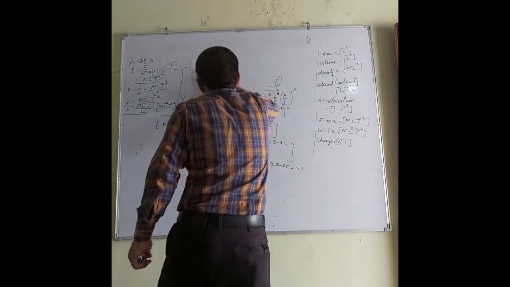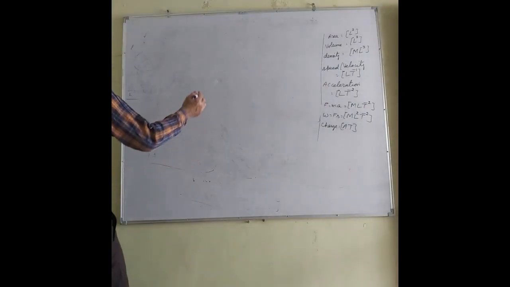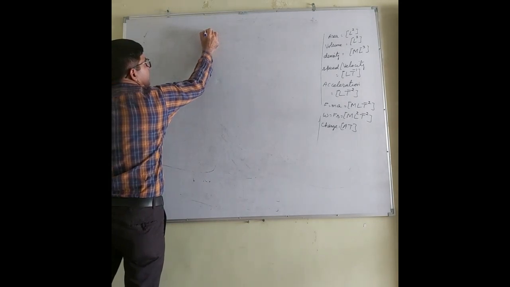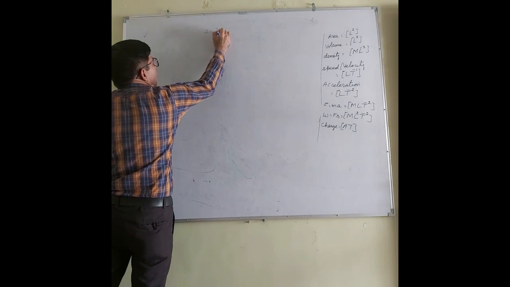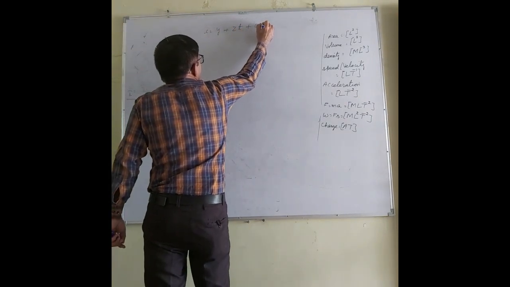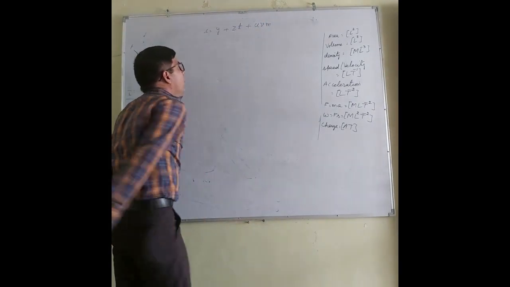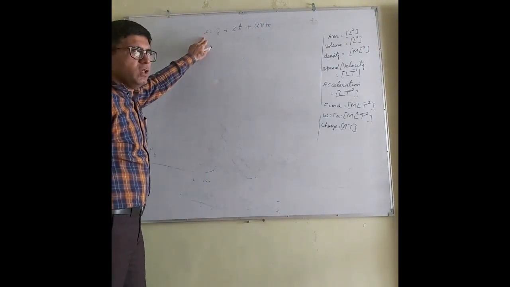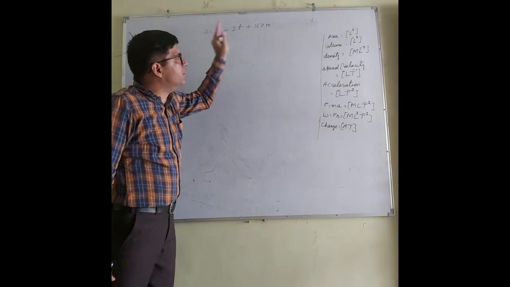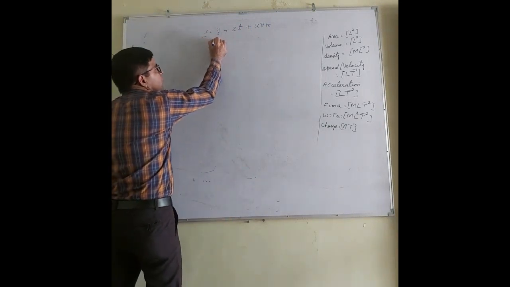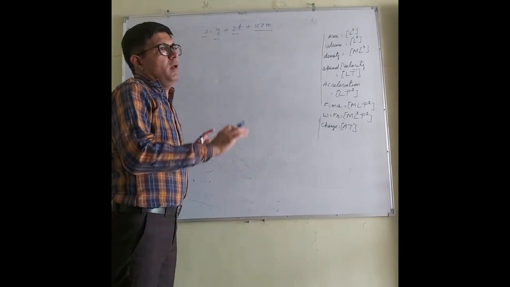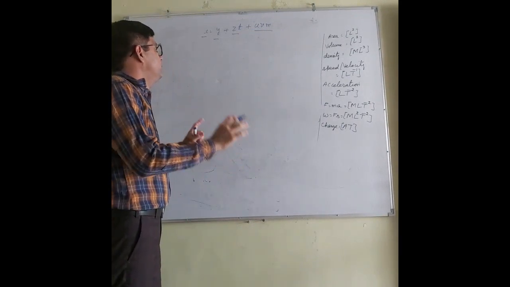Now explaining again the principle of homogeneity. If I am having an expression, let us say x equals y plus zt plus uvm, what does it say? It says the dimension formula of x and y is the same. The dimension formula of all the terms is the same. I can say x, y, zt, uvm have the same dimension formula.